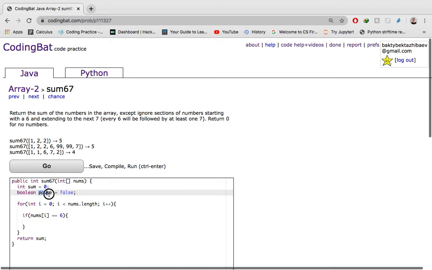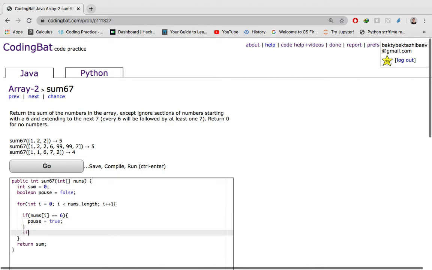That's where I want to pause. When the element is equal to 6, I want to ignore 6 until 7 and everything in between. So pause will become true at that moment,